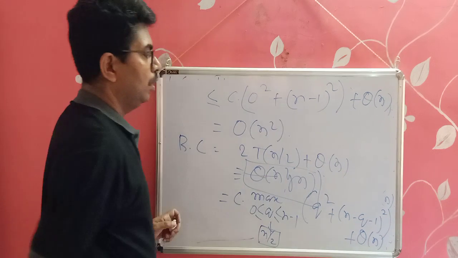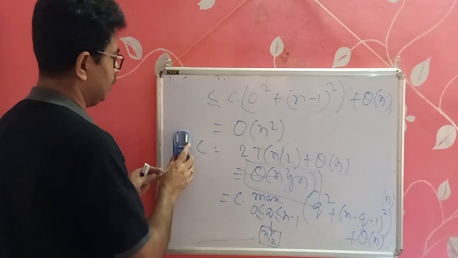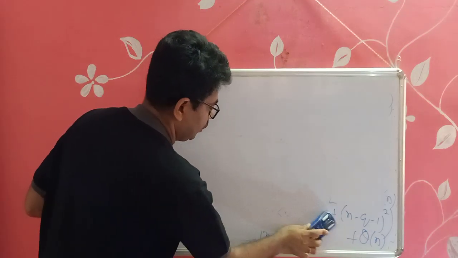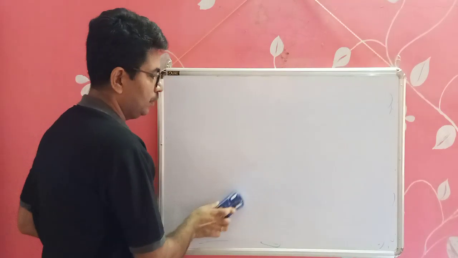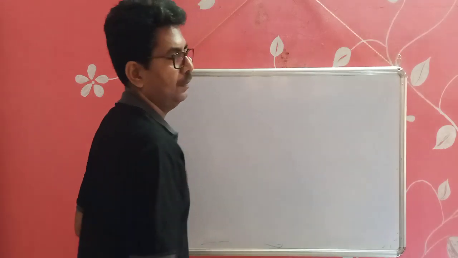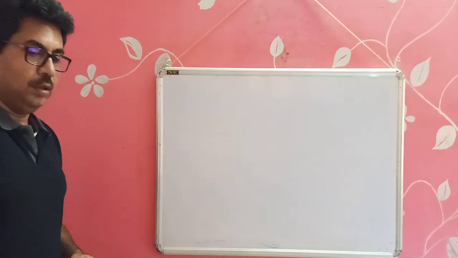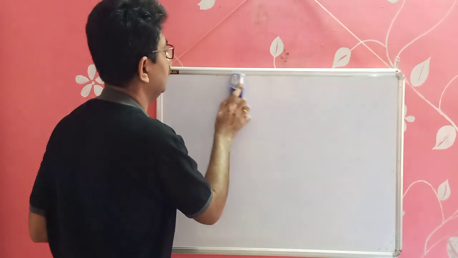Okay, but how to find the expected running time of this? Here, why are we using the expected running time? Because we have exchanged the position of the pivot element, and therefore we cannot give any guarantee that these particular events will always happen. Since there is no guarantee, instead of using the term average, we are using the term expected running time.